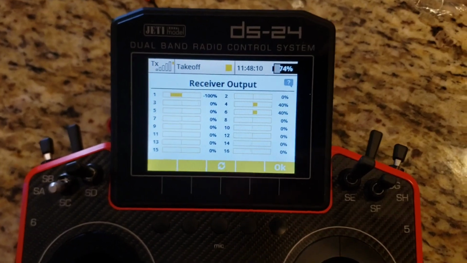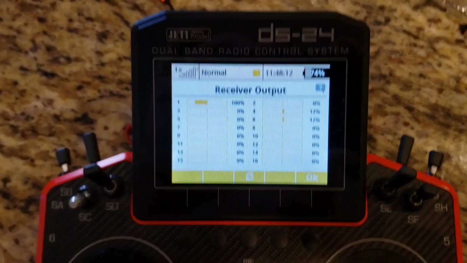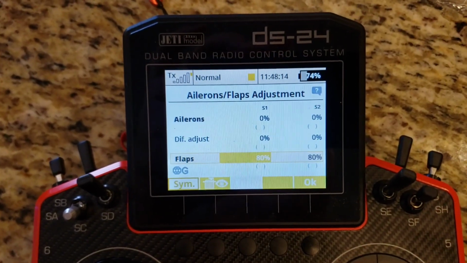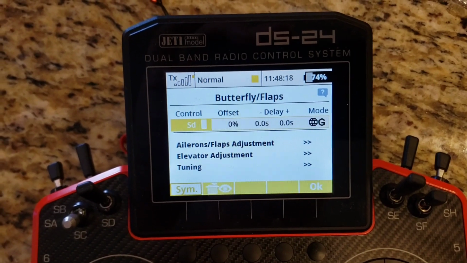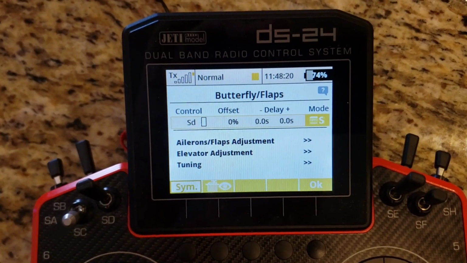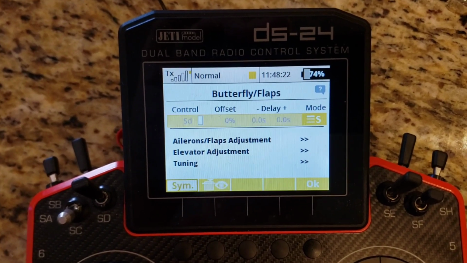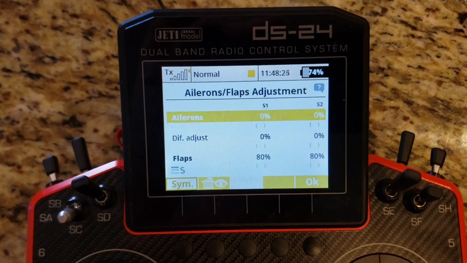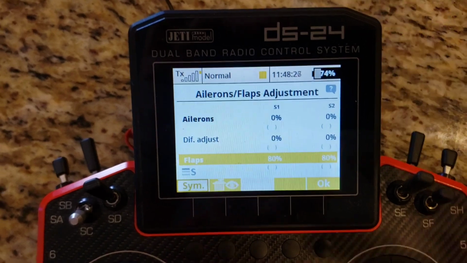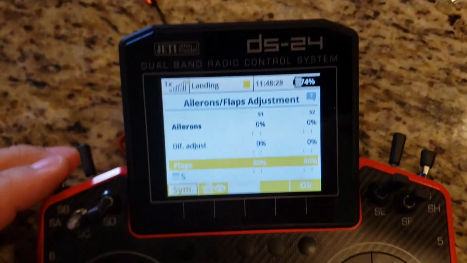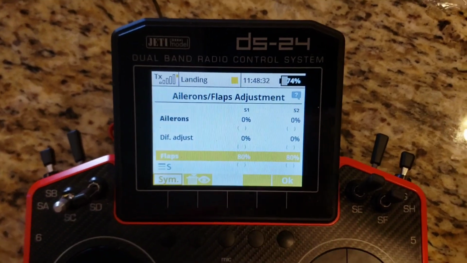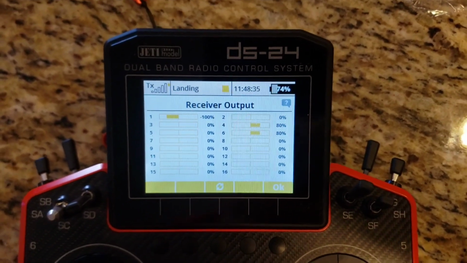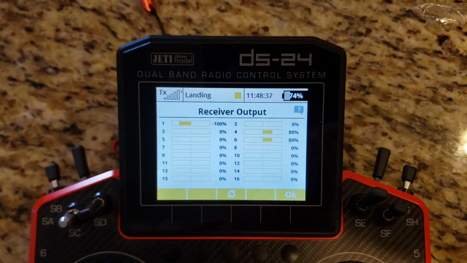So in order to adjust that, we're going to need to go back to what we were talking about here on the global. We're going to switch that over to switched mode. So now each position is going to have its own adjustment. So we still use 80%, which is obviously what we want to use for our full flap, and that's still going to be what we're going to get. Now what this is going to be telling us,